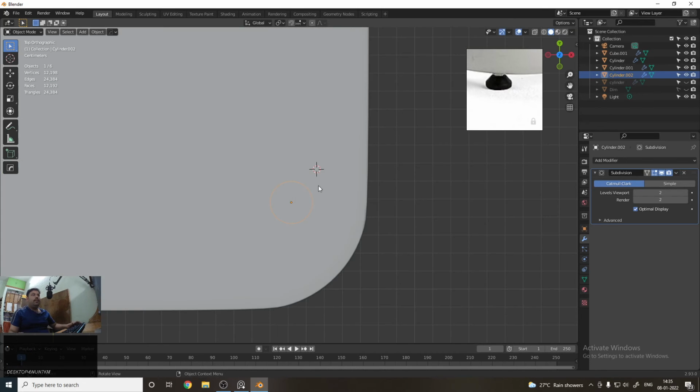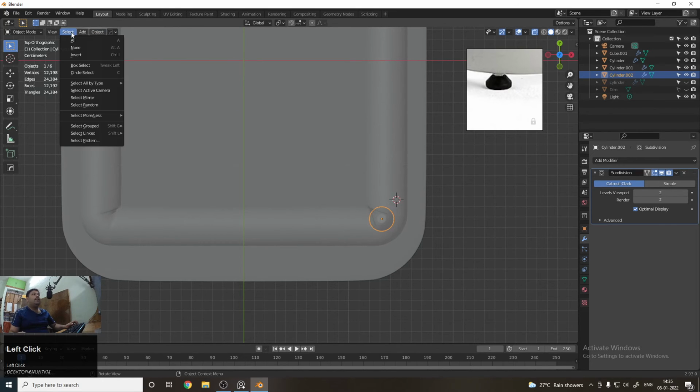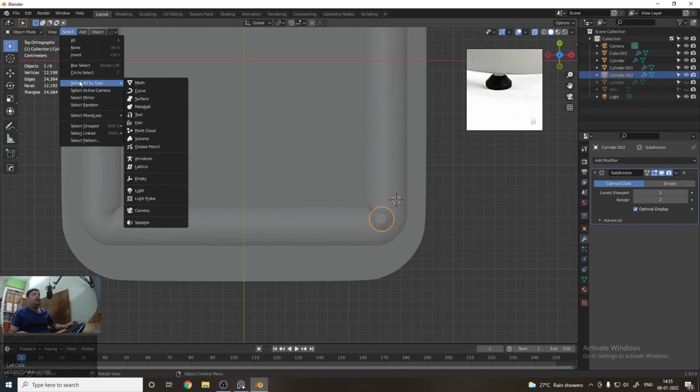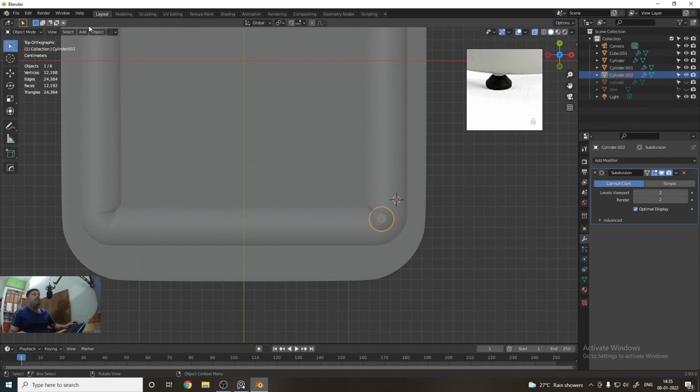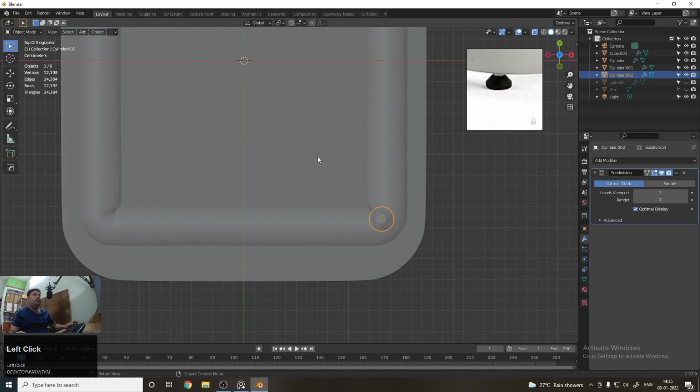So if you want to mirror this, first of all our cursor is here. We need to move the cursor to the world origin. So to do that, select, then here you can see the option. You need to go to Object, Snap to World Origin, and then you can see that our transform is here, but we want the transform to be here.